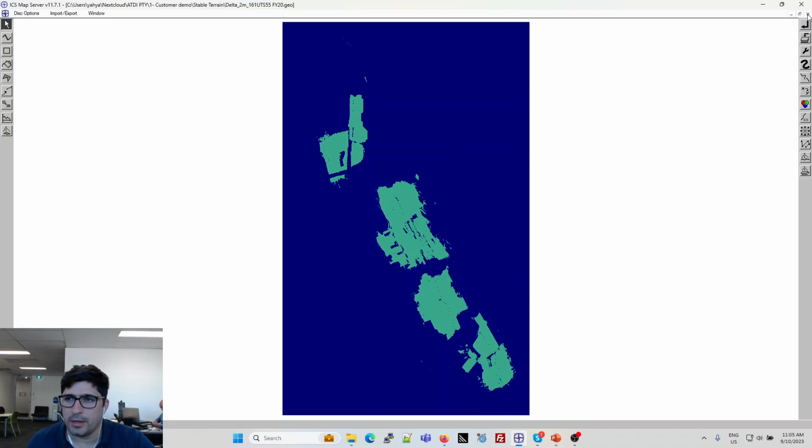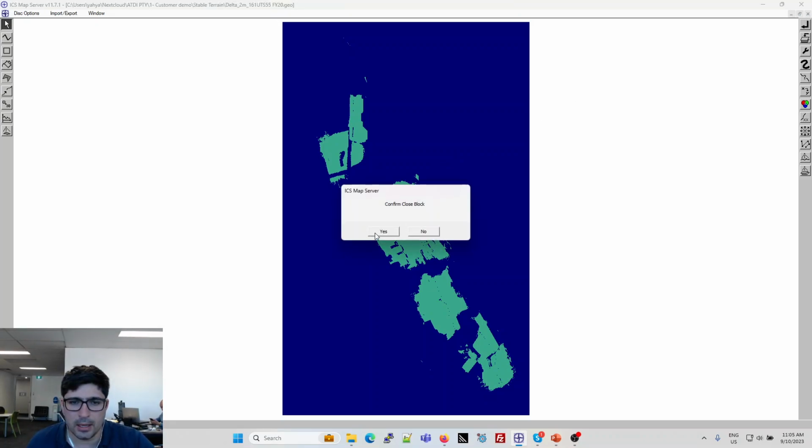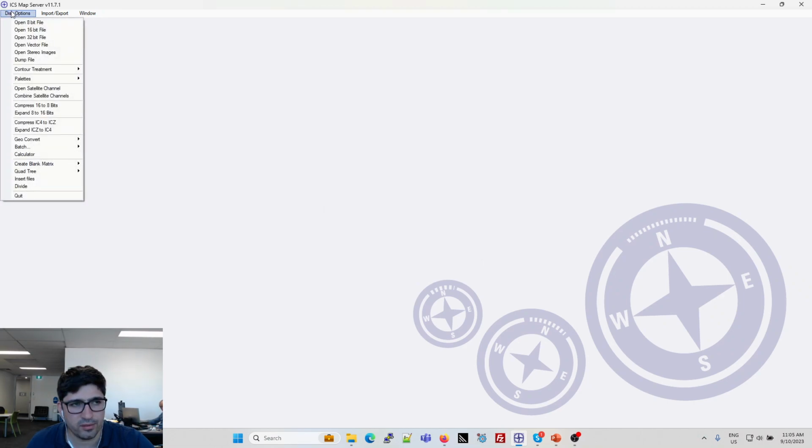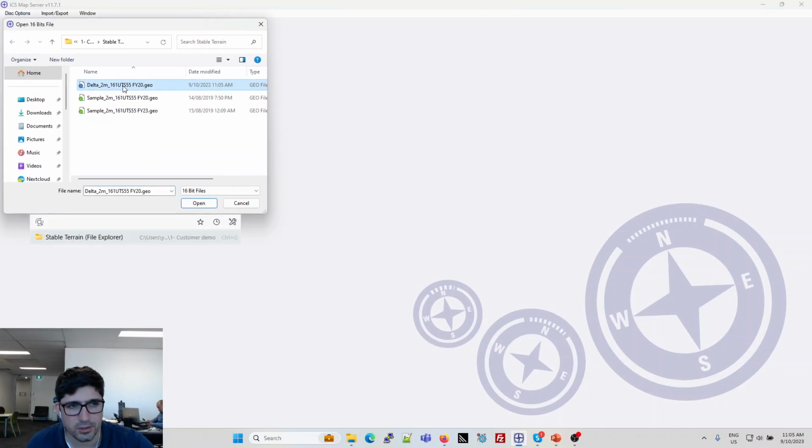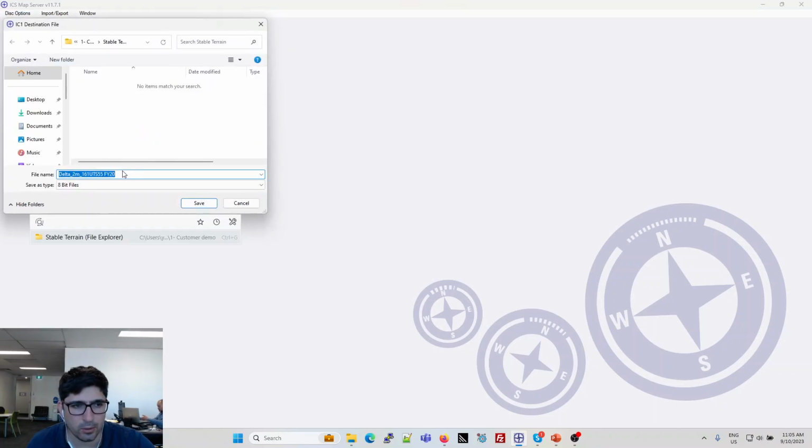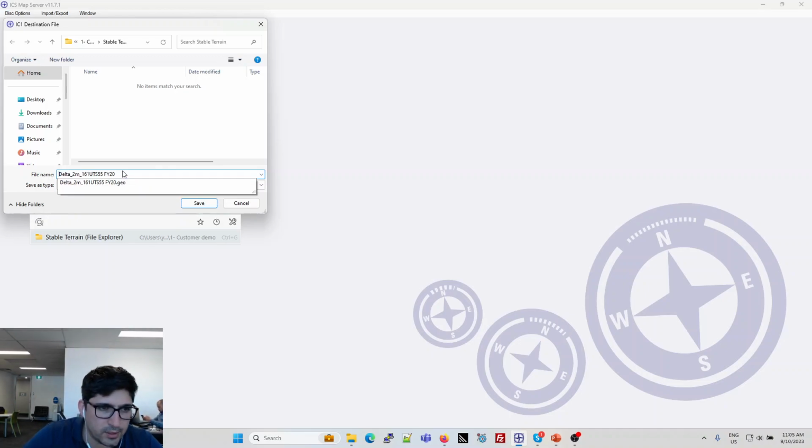Done. Now the last step, I'm going to close this. The last step is I'm going to convert it from IC2 to IC1. So IC2 we use for terrain, and then the IC1 or Sol or other formats we use for clutter. So I'm going to just compress from 16 to 8. I'm going to use this as an input, and I'm going to call this now stable. I like to keep the things, so I'm going to keep this here. Let's call this stable